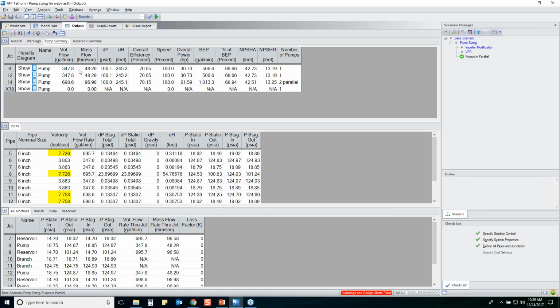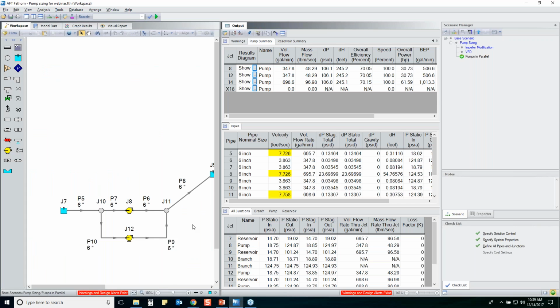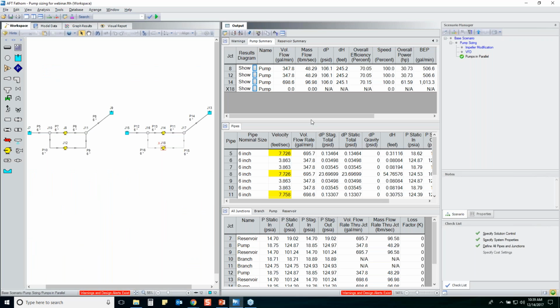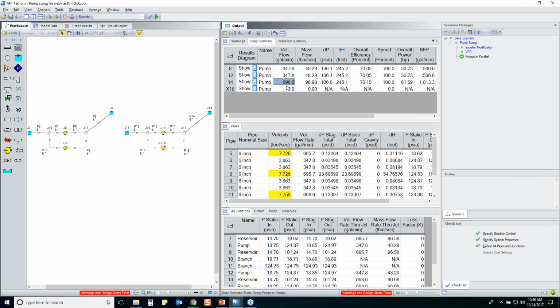So as you can see in the pump summary, my system on the left, it's got 1 pump for each of them. And then for the system on the right, I'm going to move this to the side here. The system on the right, it uses 2 pumps in parallel, and you've essentially got the same flow rate, 698 gallons per minute versus